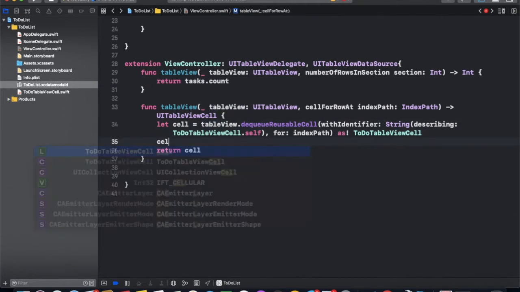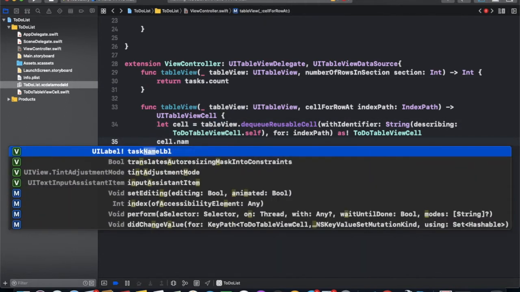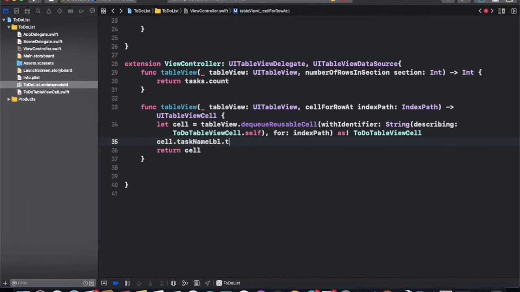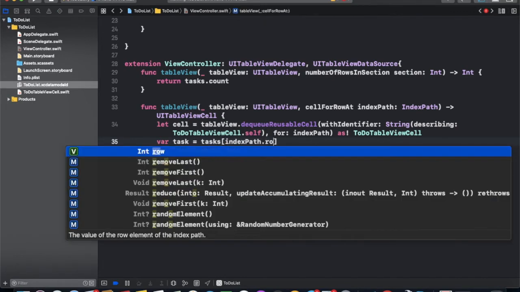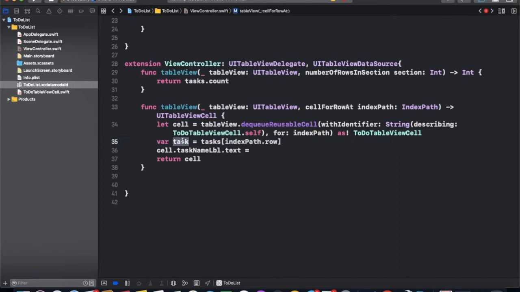New cell dot task name label dot text equal to task, object of task where task equal to task, index path dot row, and set the task name dot name.